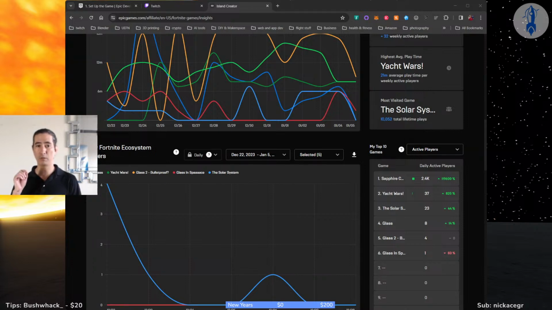Now, if you had 2,400 players concurrent, so the CCU number is what they talk about, concurrent users, that's basically per hour.